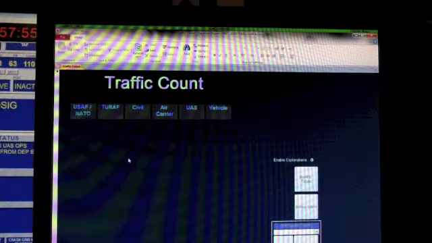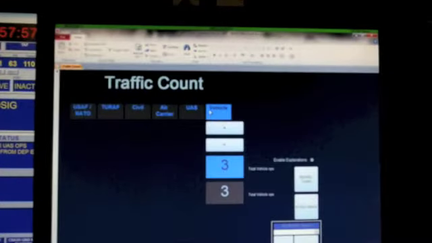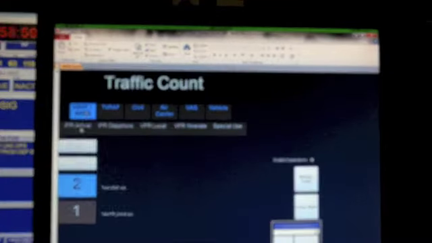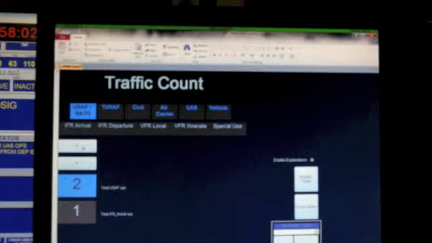Okay, now we're at the Flight Data Ground control computer, and once again, when you open the program, you're going to have this notice. Click open. Here we are. And as a note, you can enter traffic count on multiple computers simultaneously. So if the WatchSoup has this program open and the person in ground has this program open, you can both